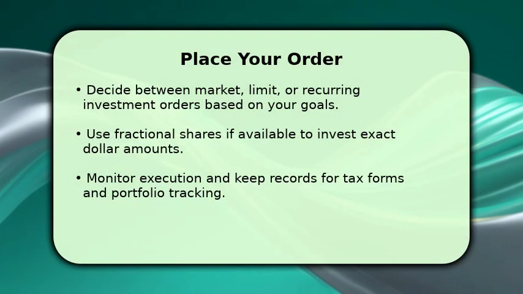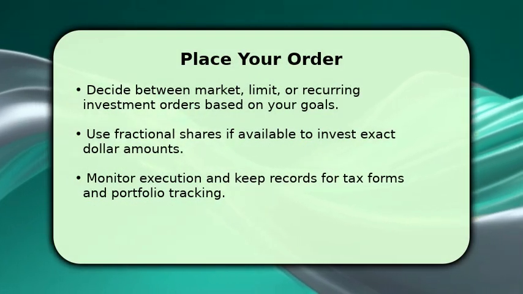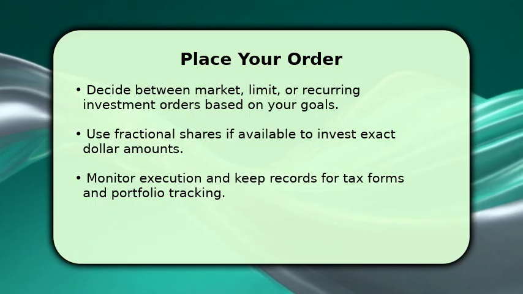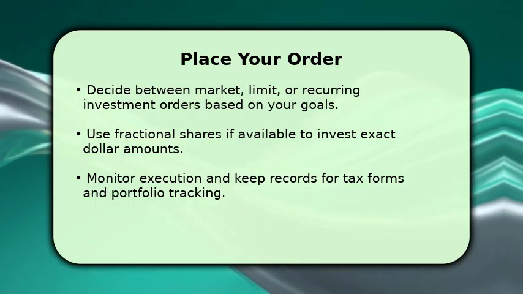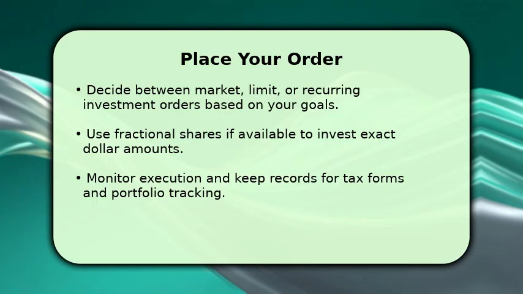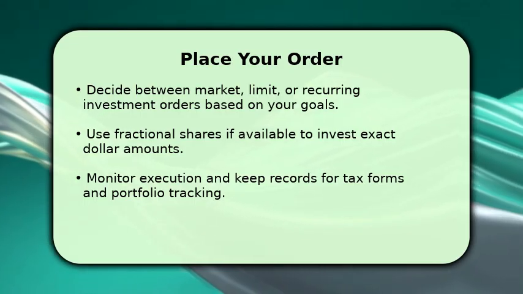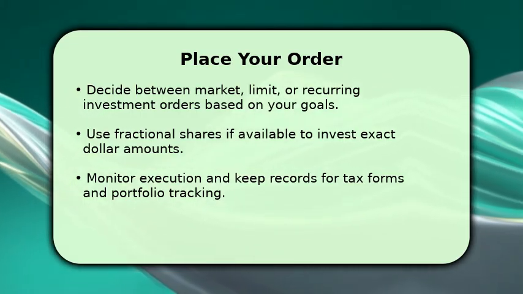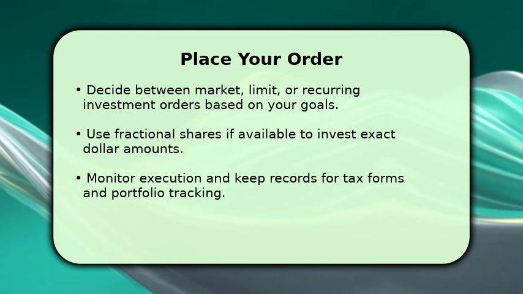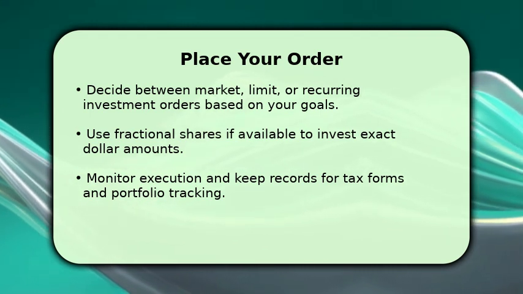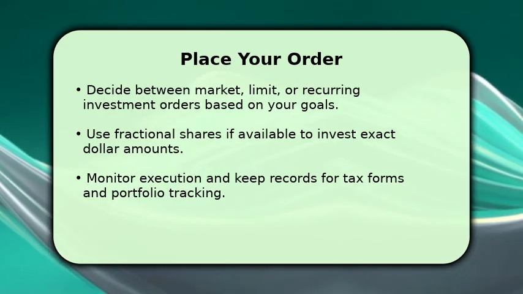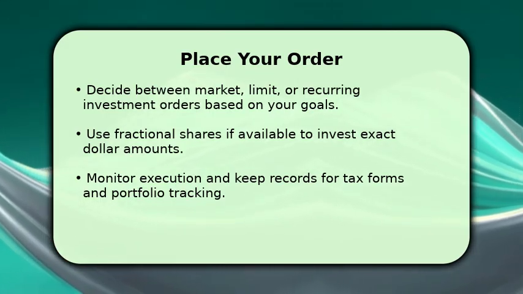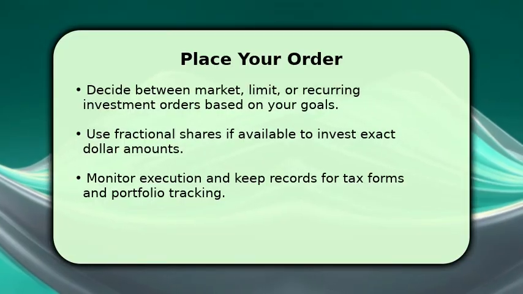When placing an order, choose market orders for immediate execution or limit orders for price control. For ongoing investing, set up recurring buys to dollar cost average into the S&P 500. Use fractional shares to invest specific dollar amounts without needing full share prices. After execution, verify the trade in your account and save statements for taxes and future rebalancing while staying focused on